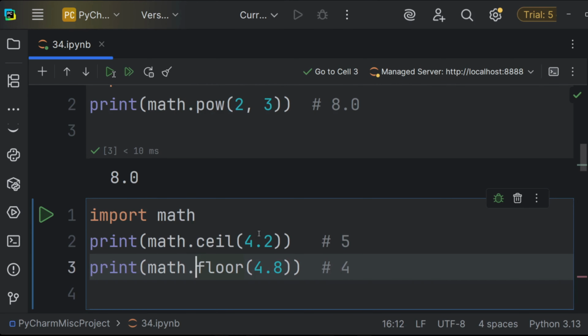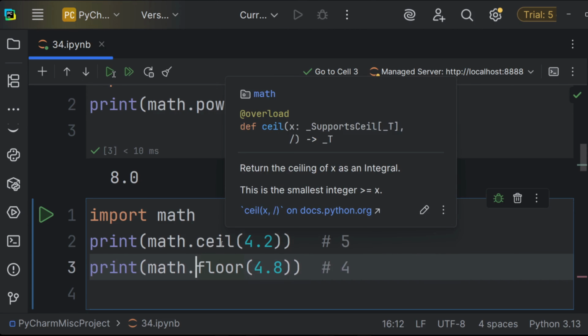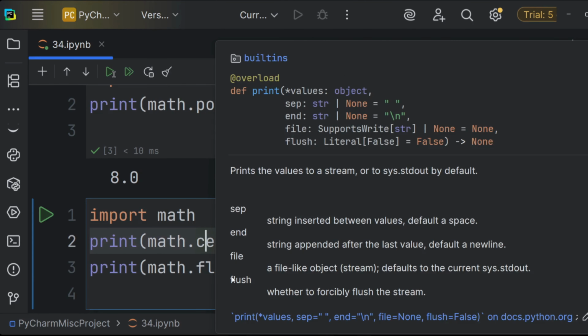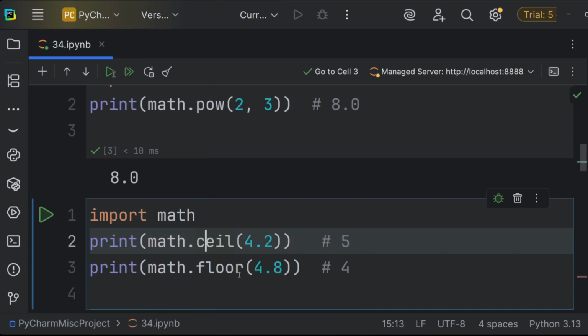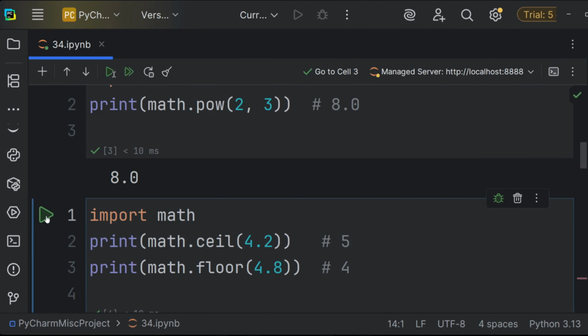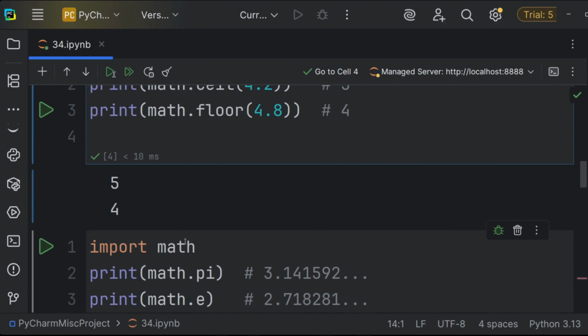What this does is ceil always rounds up, such as 4.2 will become 5, and floor always rounds down. 4.8 will become 4. Just how we say, the ceiling is on the top and the floor is at the bottom. It's an easy way to remember the meanings of each of these functions. So when we run this, as you can see, it says 5 and 4.